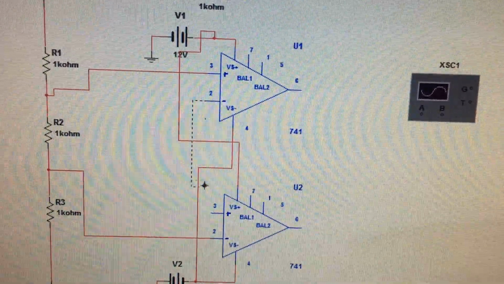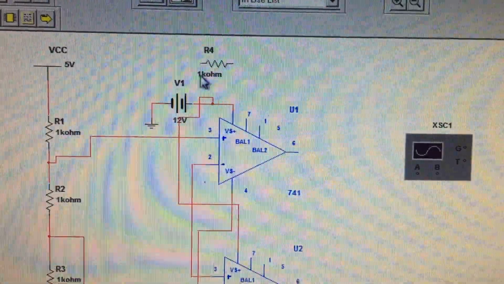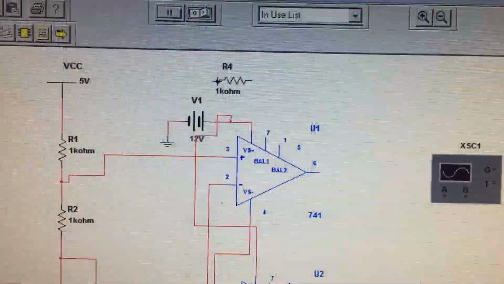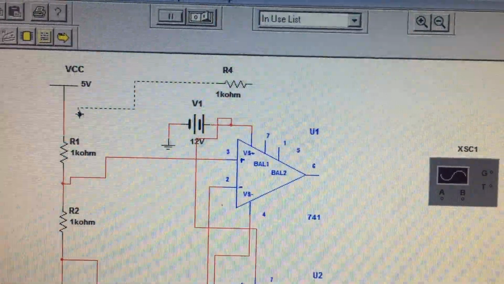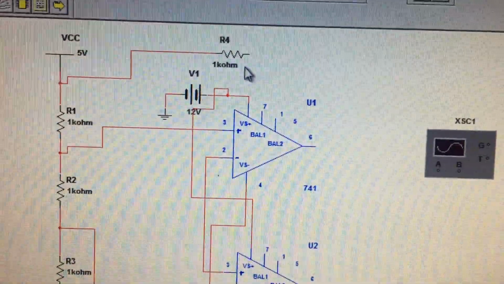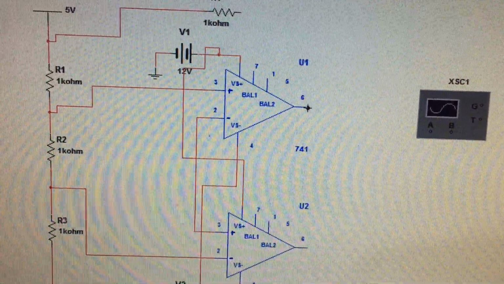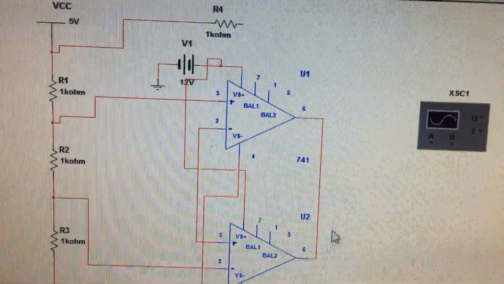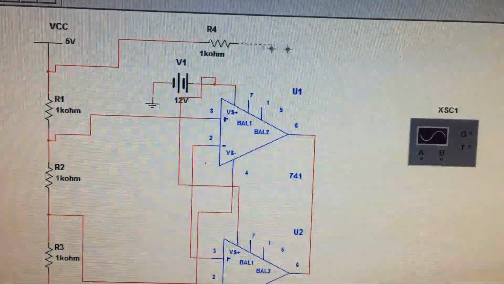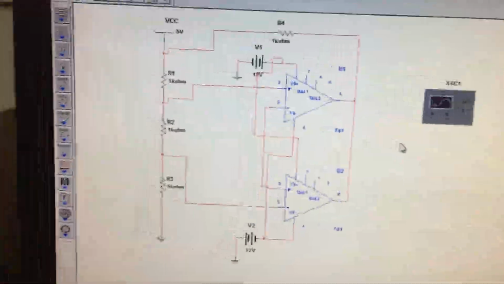Short the pin number 2 and 3 of the first op amp and second op amp. And you have the last connection. This resistor, short the starting point, give it to the VCC, one end of the resistor. Another end of the resistor, before that you select short 6 with 6, this end you give it to pin number 6. Yes, that is all the connection.